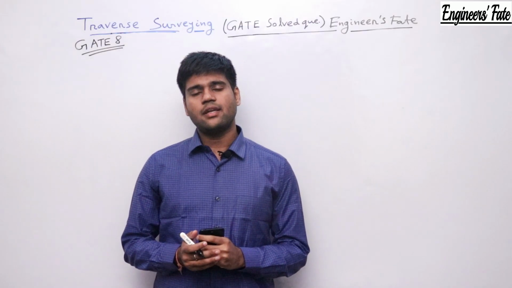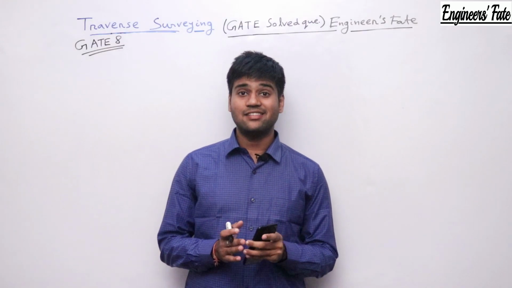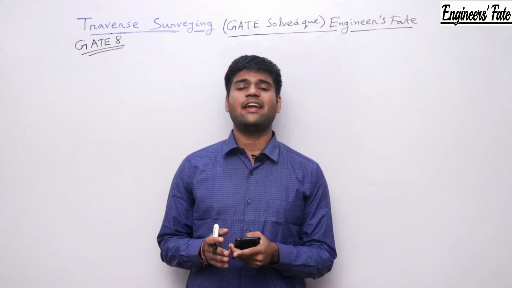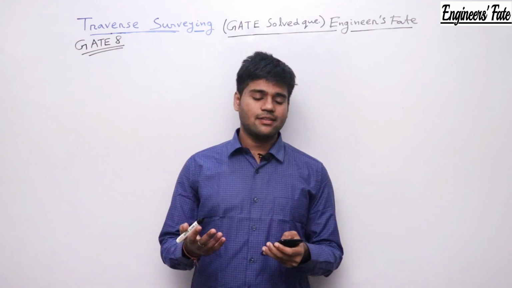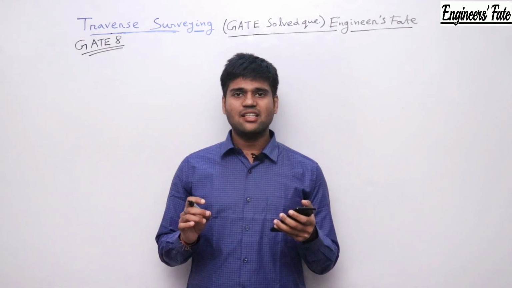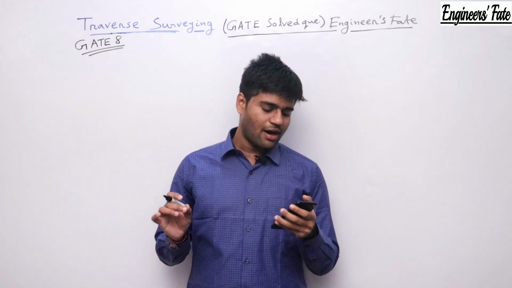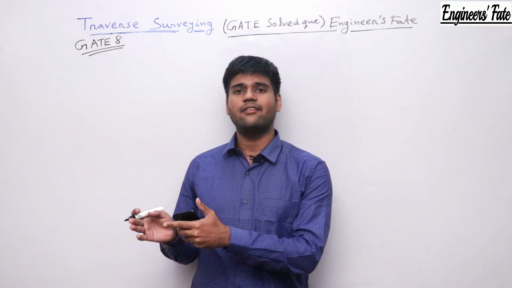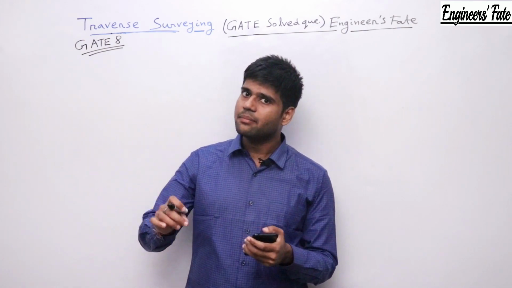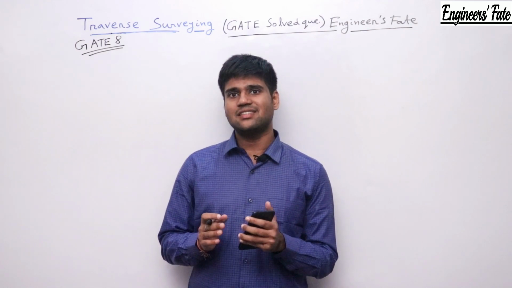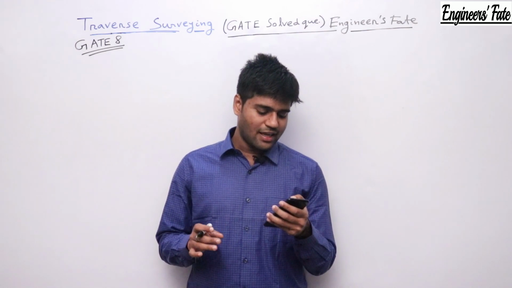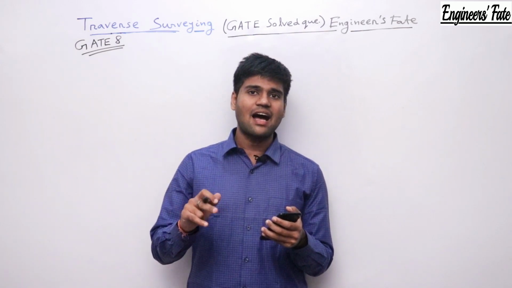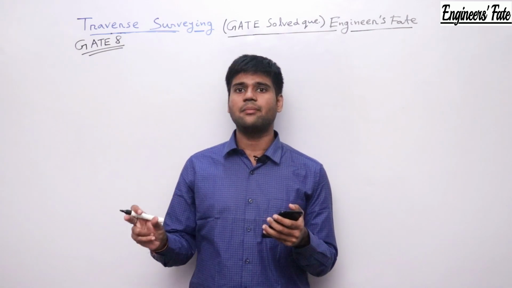This is a question asked in GATE 2008 and it's a very easy question, but I guess some of you made a mistake regarding the angle, so let me clear this. In the question he has mentioned the closed traverse PQRSP, meaning I started the traversing at point P and ended at point P, so this is a closed traverse. He has given the length and bearing of all the sides and asked for the missing length and the missing bearing.